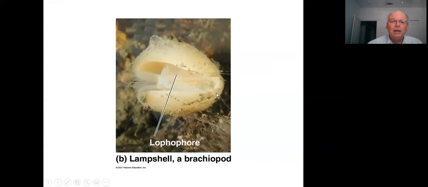The other type of lophophorate is called a brachiopod, otherwise known as the lamp shells, and that's because they look a little bit like a bivalve. They have these two hard plates that surround the animal. Here you can see the lophophore inside. But what makes them uniquely different from bivalves